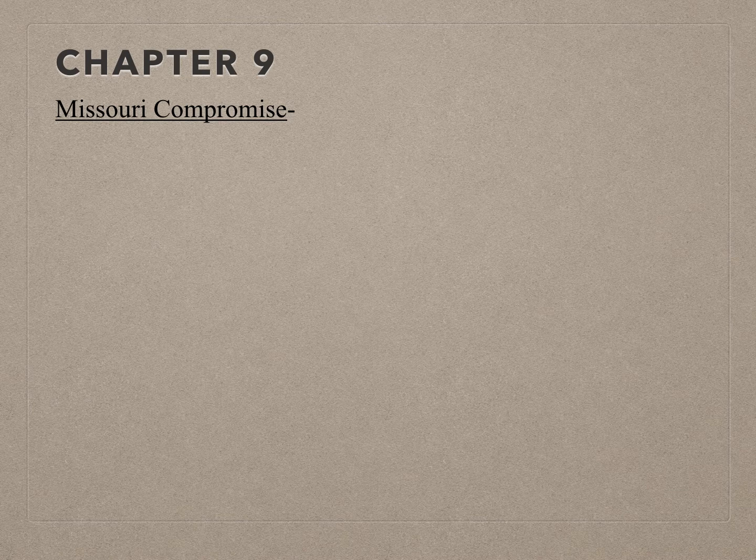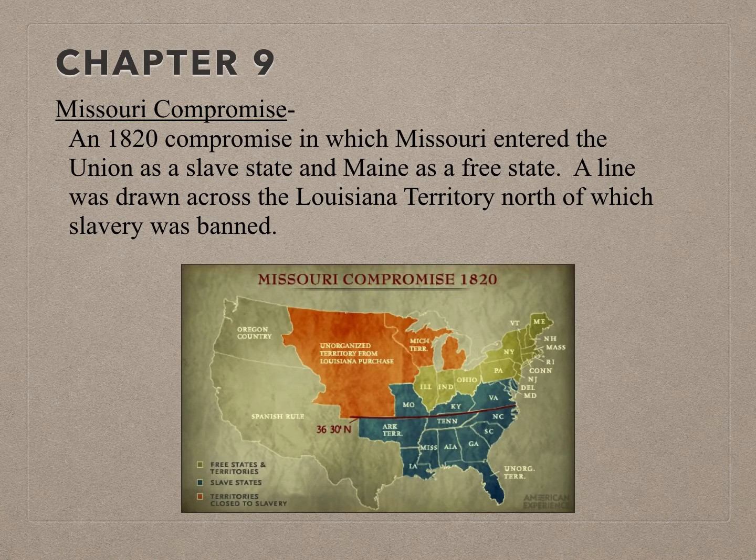So the first key vocab term is the Missouri Compromise. And these terms that are coming from Chapter 9 of the textbook are key events, key ideas that happened prior to the outbreak of the Civil War. What the Missouri Compromise was, it's an 1820 compromise where Missouri entered the Union as a slave state, Maine as a free state. And then a line was drawn across the rest of the Louisiana Territory, north of which